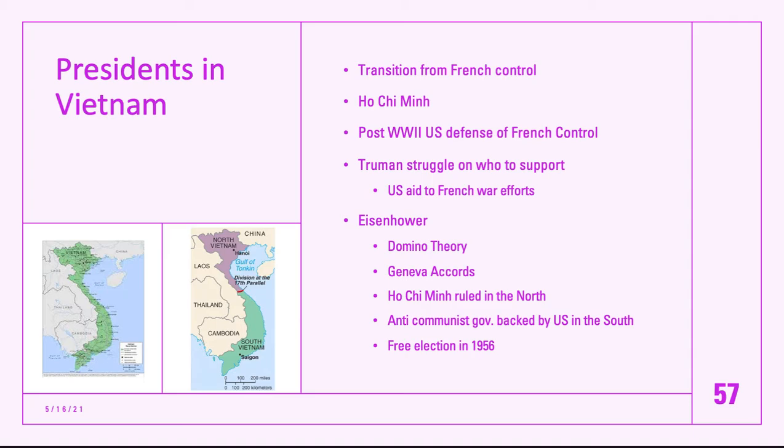You have North Vietnam and South Vietnam. Ho Chi Minh is going to rule in North Vietnam, while the United States is going to prop up an anti-communist government in the South. These Geneva Accords are going to call for free elections in 1956 that would hopefully, by that time, unite Vietnam